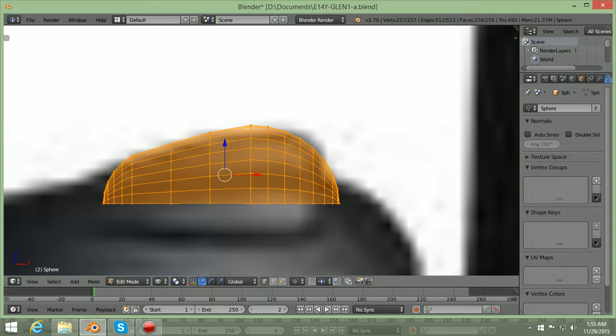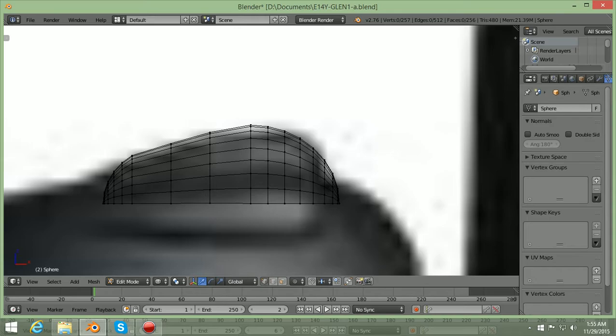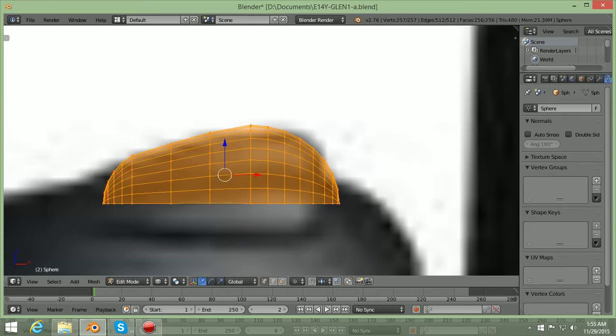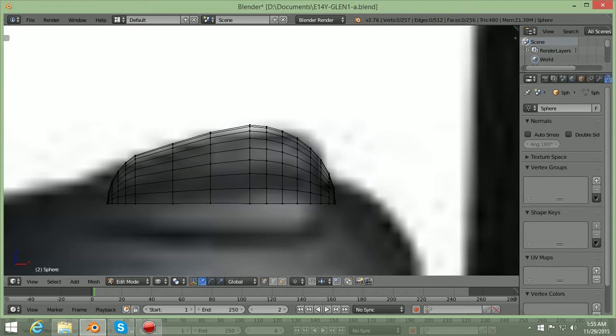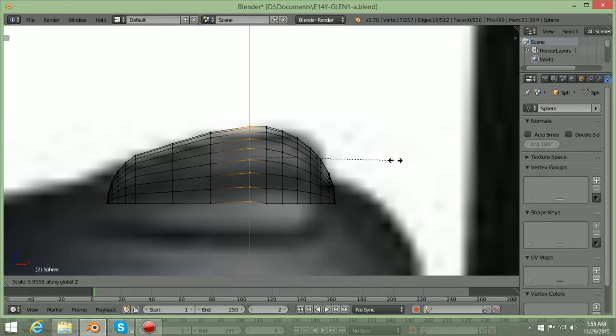Now again, also what we can do is we can unselect this. We can select this whole thing actually, and we can scale it on the X. Select, and we can, let's see, make a box in the center line here, scale it on the Z, we can bring that down a little bit, grab it on the Z, bring this down a little bit,